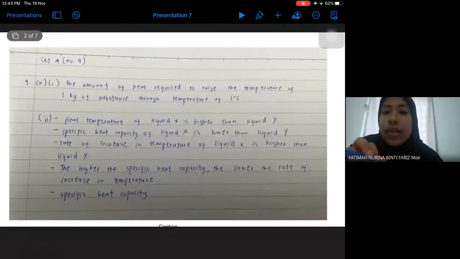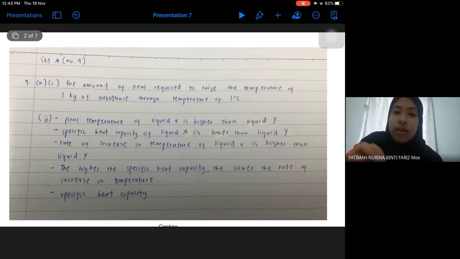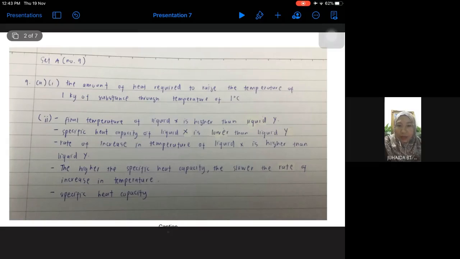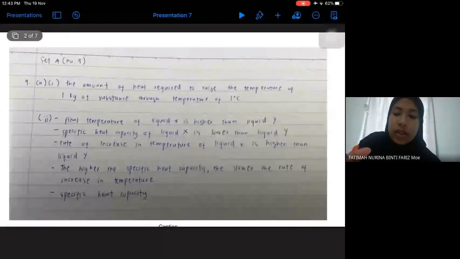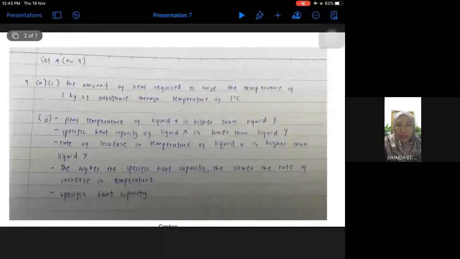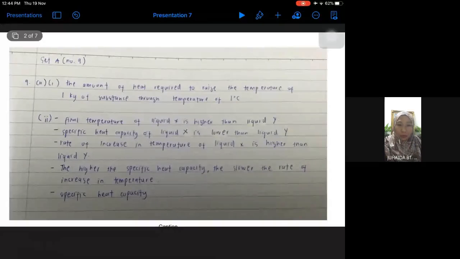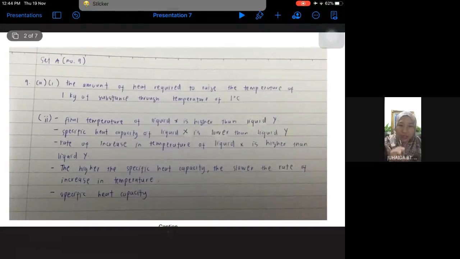Teacher, kalau yang kita cakap pasal the higher the specific heat capacity, tu better pakai the slower ke the lower the rate of, higher or increase? Lower? Higher or lower? The higher the specific heat capacity, maknanya nilai dia tadilah yang 1,200 joule per kg per degree Celsius atau 2,200 joule per kg per Celsius. Yang tu kita nak compare. So apa berlaku? Kan? Just like I explained just now, kalau nilai specific heat capacity itu besar, means that dia